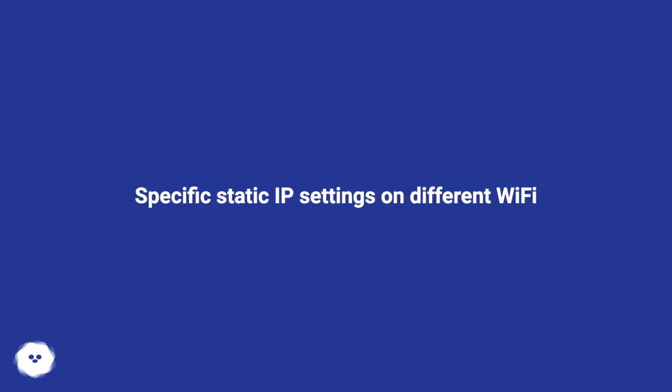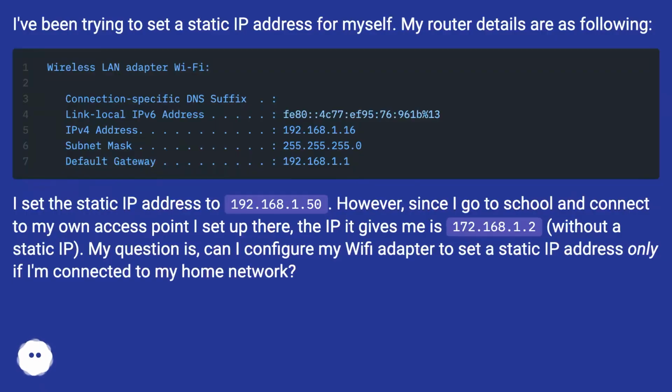Specific static IP settings on different Wi-Fi. I've been trying to set a static IP address for myself. My router details are as follows. I set the static IP address to